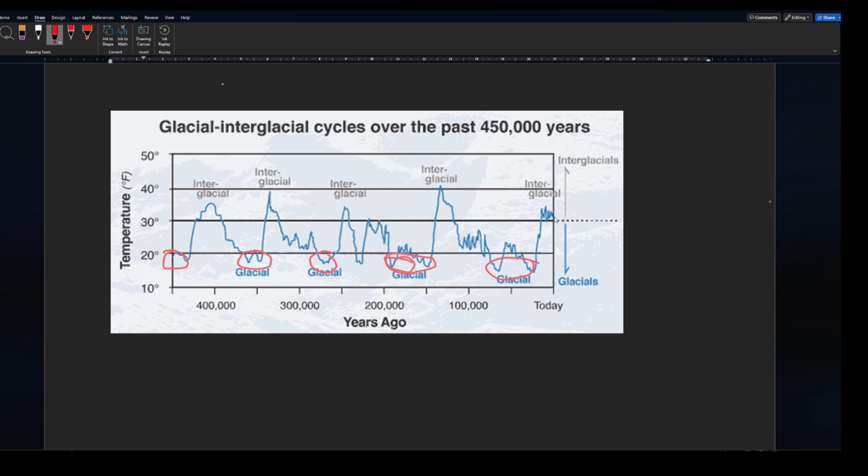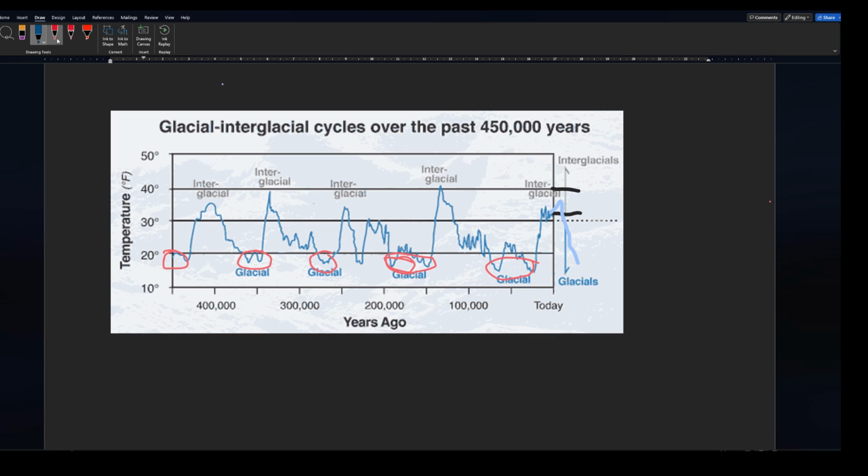So here we are today, and scientists are not quite sure what's about to happen. If I extend these lines out a little bit here, theoretically what would normally happen is we would probably continue up just a wee bit, and then we would start to head down in that natural cycle. That's what it would look like normally, and that's basically what you see on all of these cycles.